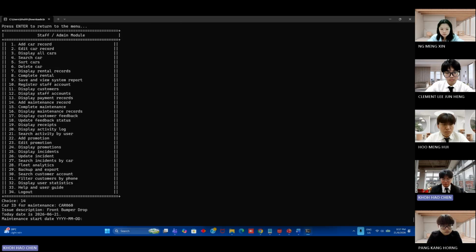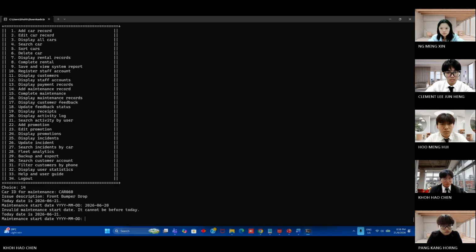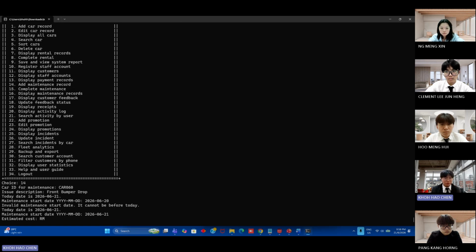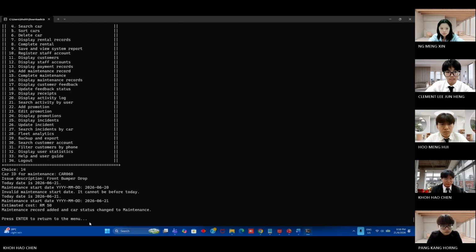And if I enter a date before today, for example, today is June 21, so I enter June 20, it will show invalid maintenance start date. So if I enter today's date, it will continue, and it will ask me to enter the estimated cost. Okay, so the maintenance record is added, and the car status will change to maintenance.